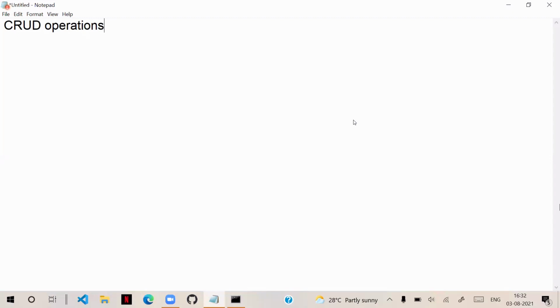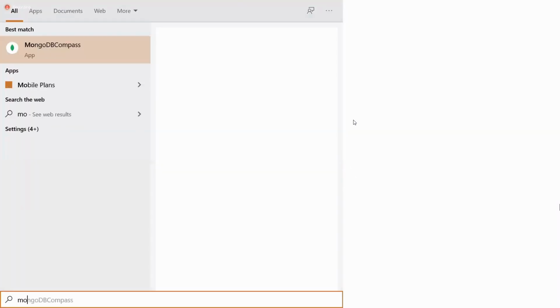I will show you one more small thing. I am not teaching you any SQL again now. Once you are aware of this, you can manage all of this from a graphical interface, that is MongoDB Compass.